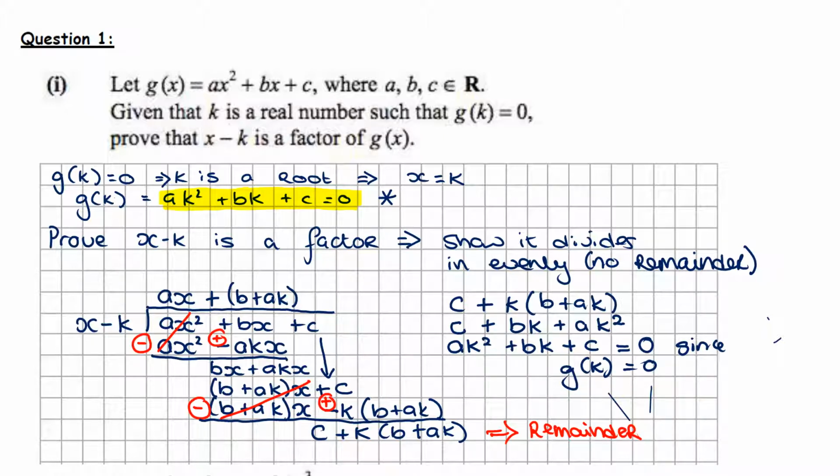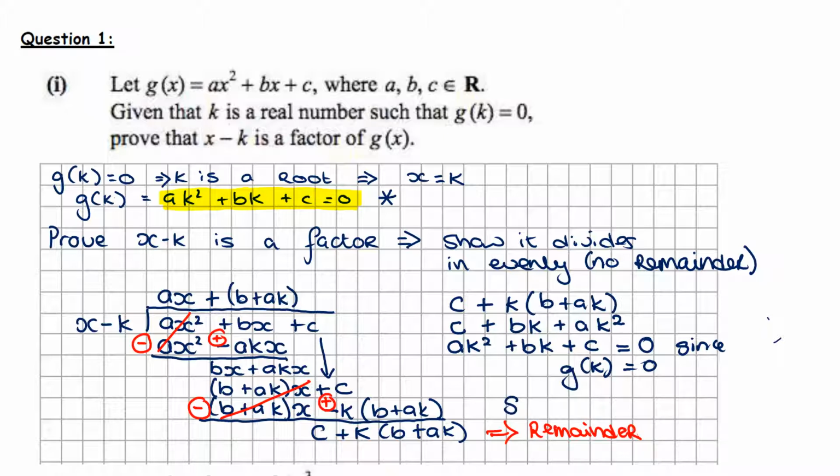So we actually had that missing piece, and I think this is where a lot of people struggle. They kind of got the idea, I have to do division, and the division wasn't particularly nice, but they managed to get through it and got the remainder. It's then the question of, well, how do I show that that remainder is 0? Well, we were only given that extra piece of information, that g of k equals 0. So what we will say is,